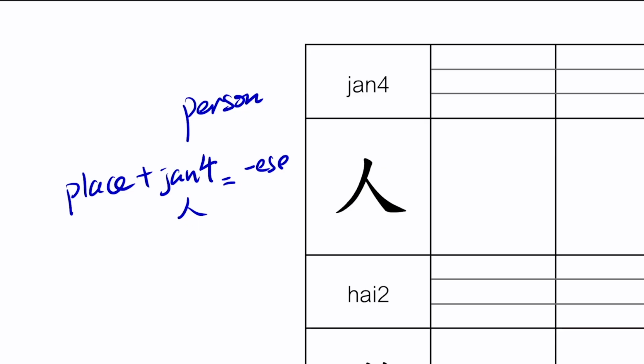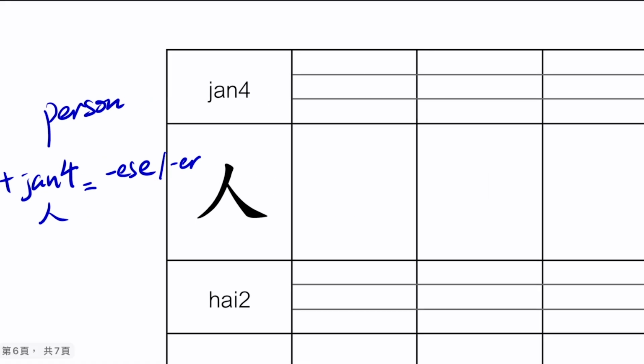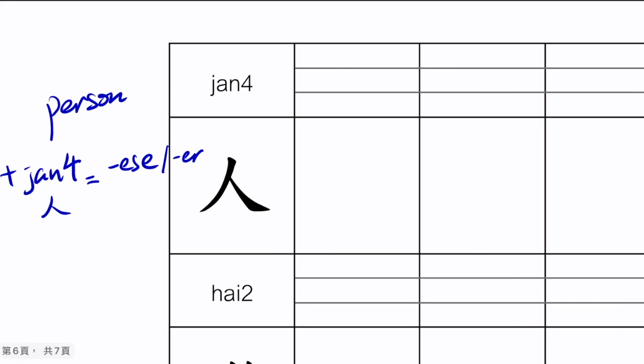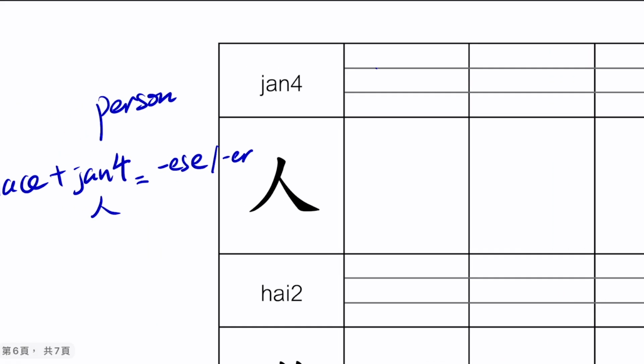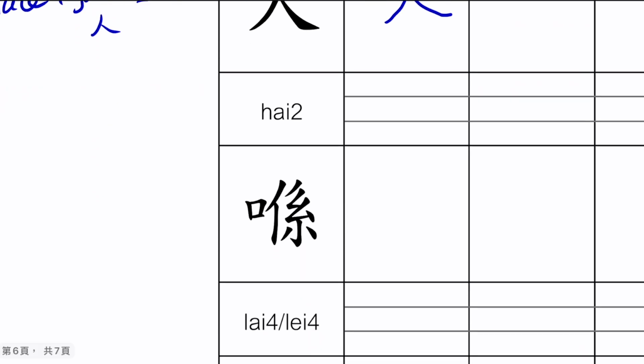So we can say is or are, right? 人 J-A-N, fourth tone. 撇捺, 得唔得？